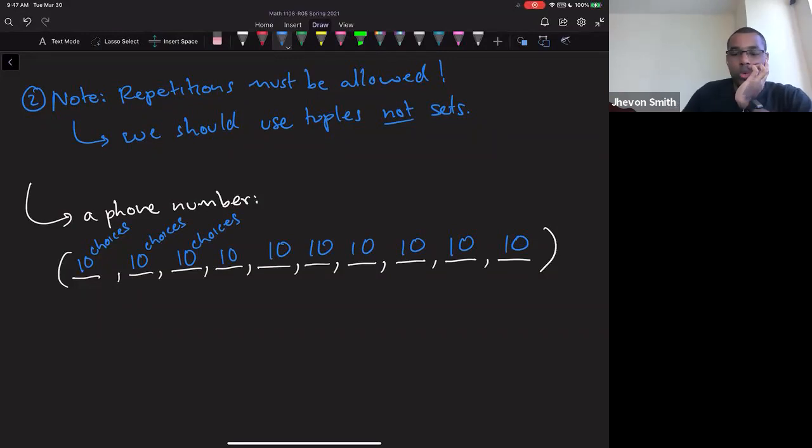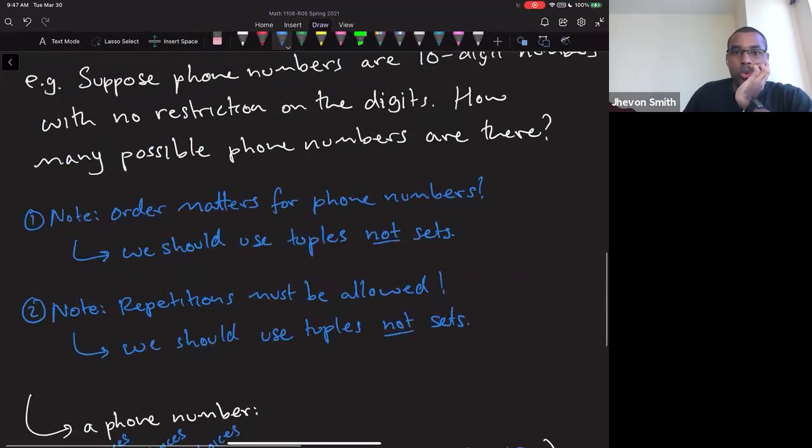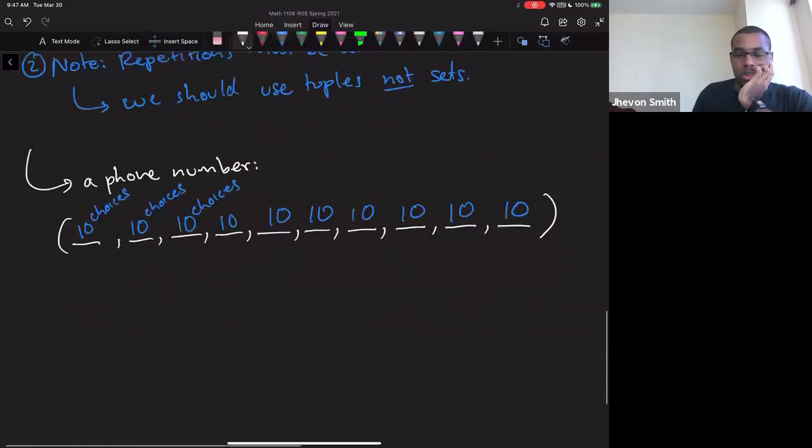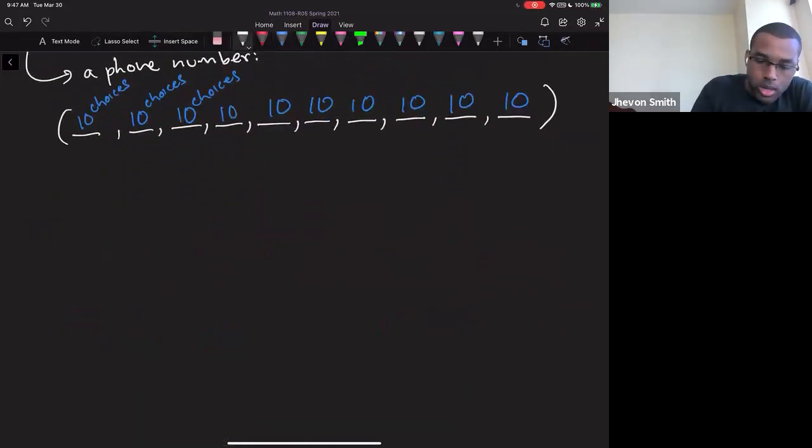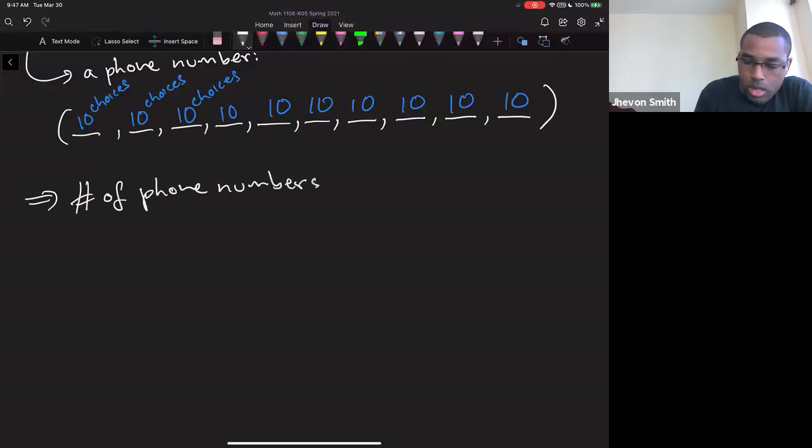No restriction was the situation we were in. Okay, so this means the number of phone numbers is 10 raised to the 10,